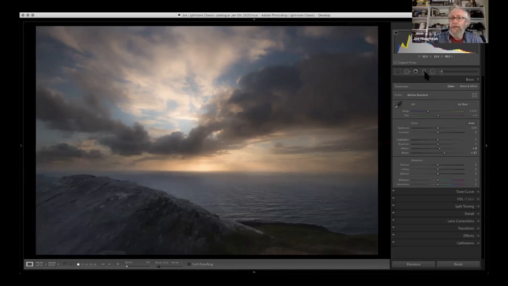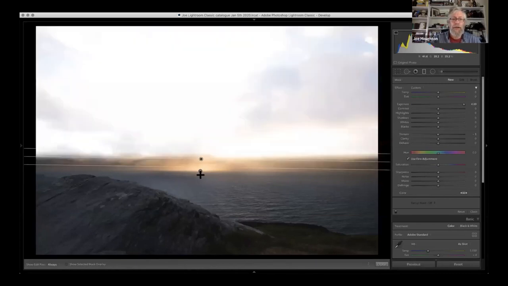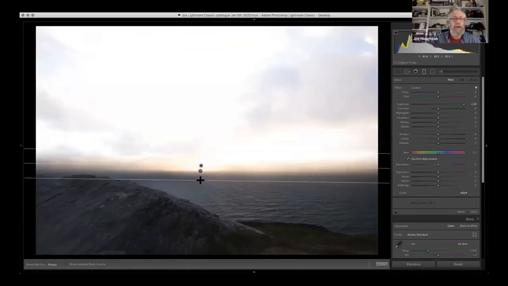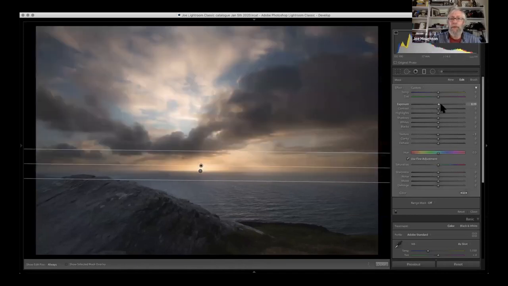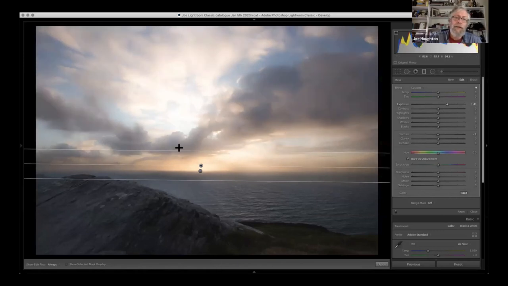What I might do is a separate process for the sky. So again, come down and just pull the sky down and select the whole of the sky. What I want to do here is just brighten things up a bit. All I'm trying to do really is brighten up these really, really dark clouds a bit. So I know I'm blowing my brighter areas at the moment, but I am brightening the clouds as I want them to. So I'm going to do that, and then I'm going to turn the range mask on